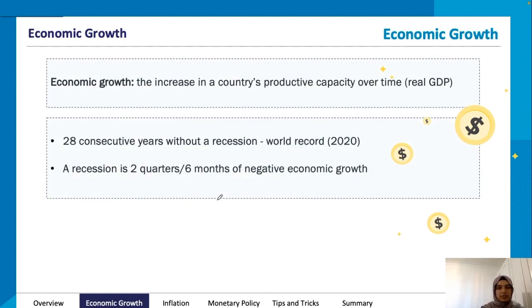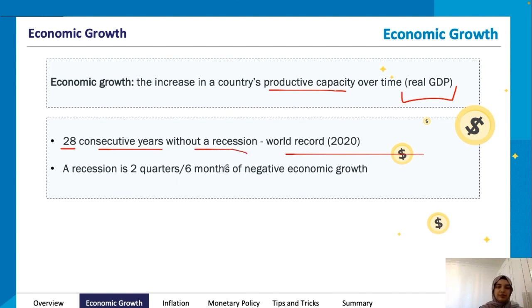Okay, let's start off simple, nice and easy. What is economic growth? It simply refers to the increase in the country's productive capacity over time, which is measured through real GDP. So productive capacity over time has increased, and that is going to be referred to as economic growth. We actually in 2020 broke a world record with 28 consecutive years, so in a row,